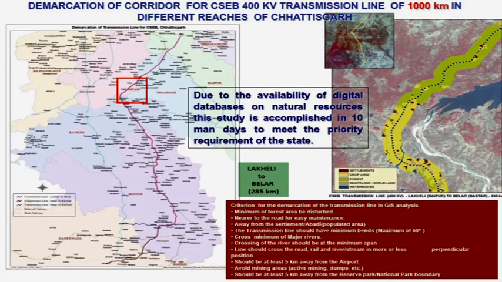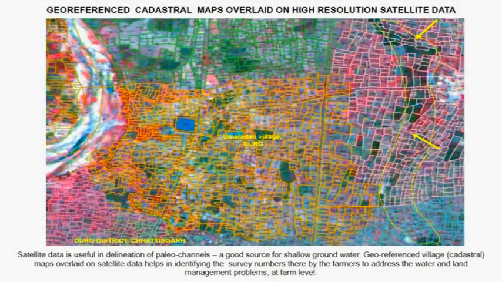So through GIS analysis, without endangering much of the environment and ecology, how you can make the best corridor possible using these tools and techniques. And I want to bring to your kind notice future research areas where you have to look. For example, in this slide, if you are able to see, these orange boundaries are all the cadastral maps overlaid